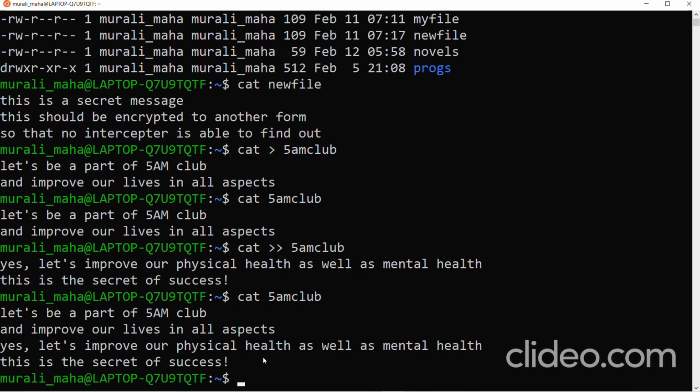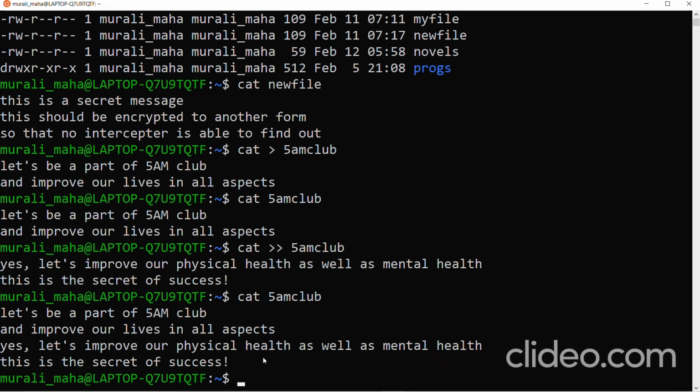So with cat, what all we can do? Cat without any arguments, it expects input from the keyboard, sends output to the monitor. With cat, I can specify a file name as argument. In that case, it reads from the file and sends output to the monitor. And with cat, I can overwrite, like cat greater than some file name. Then whatever contents I type, that would get written to that file. So single greater than overwrites the already existing contents of the file. If the file doesn't exist, then it newly creates a file and writes to the file. If the file already exists, it will overwrite the current contents of the file.